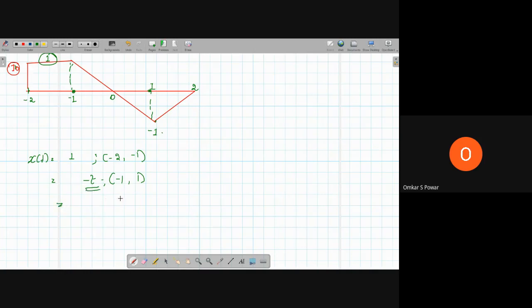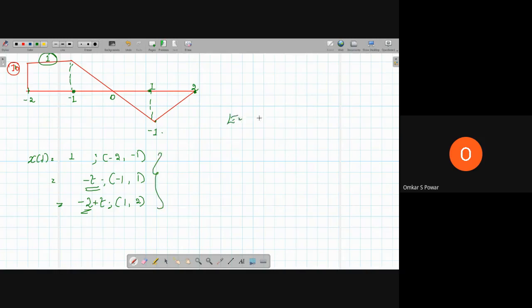Then from 1 to 2, what's happening here? It's positive slope, because dy by dx is 1, and plus t. And what is the value which satisfies here? It is minus 2 plus t. So if you take minus 2 plus 1 is minus 1 here, and minus 2 plus 2 is 0. So this minus 2 will satisfy this value. So we have got this expression.